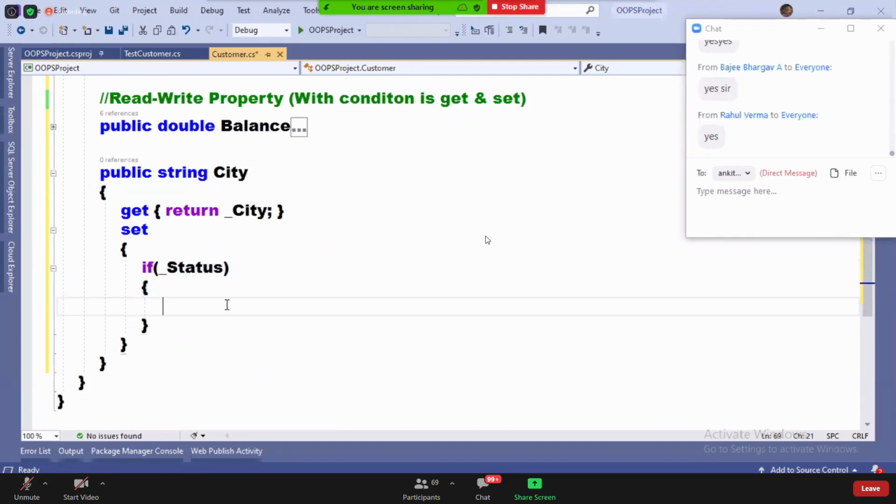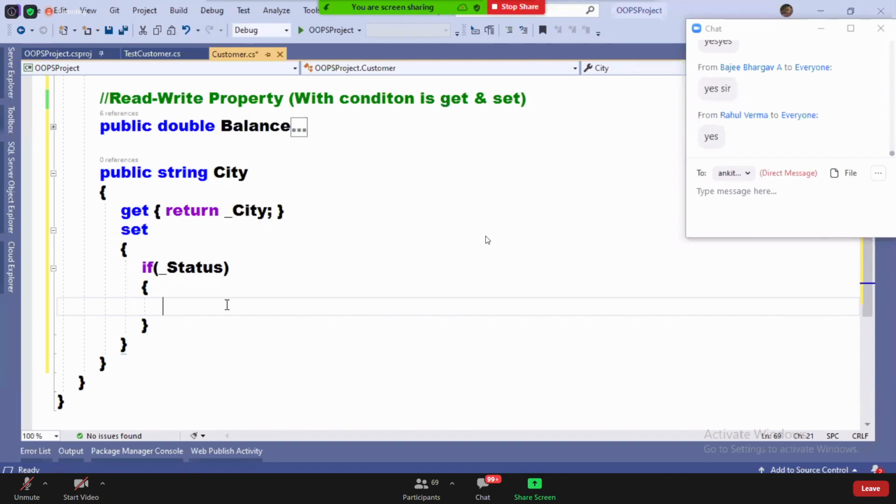Now, I want one more condition, guys. What is the other condition? The bank has its branches only in the 6 metro cities. Because the bank has its branches only in the 6 metro cities, the values I'm assigning here should be within the 6 only.